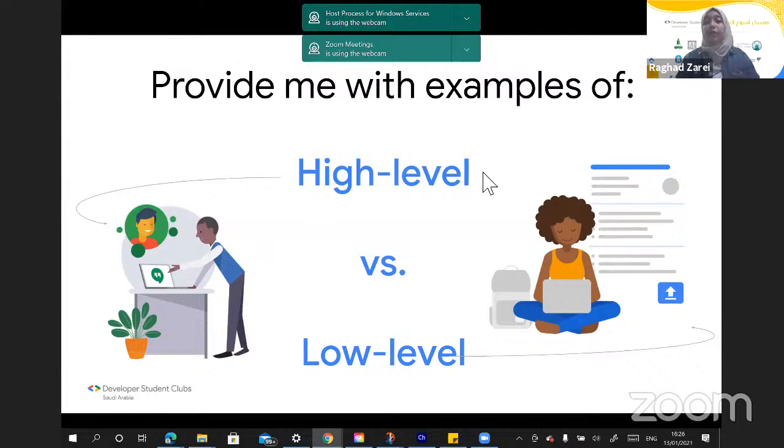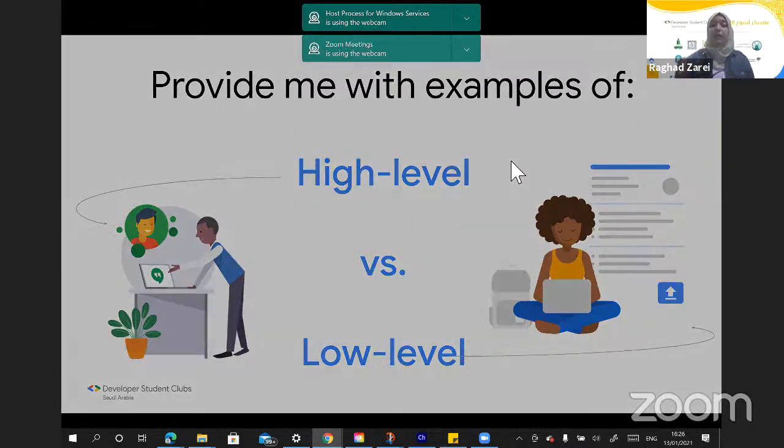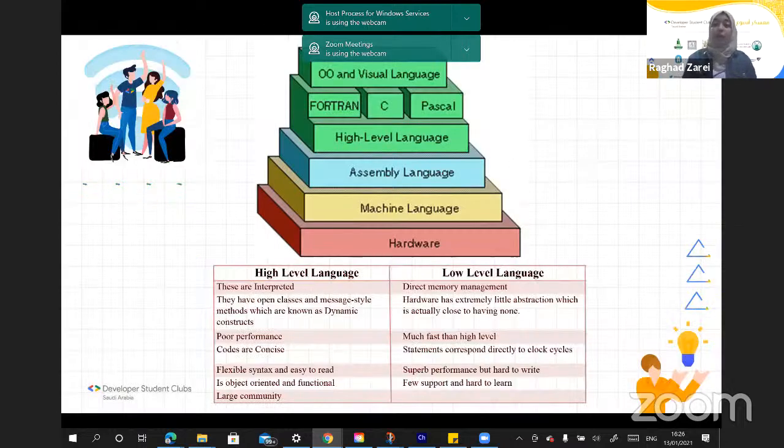Of course, there are several differences. The main thing about the high level and low level is that the high level is considered to have a poor or slower performance since it does not directly deal with the CPU. It's still going to convert into a low-level language and later into your computer. All right? So this difference between them is what makes the whole set of the levels of a computer.